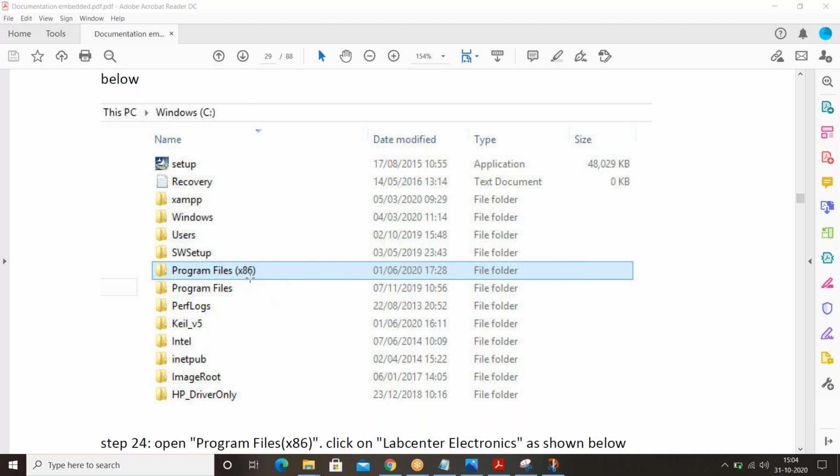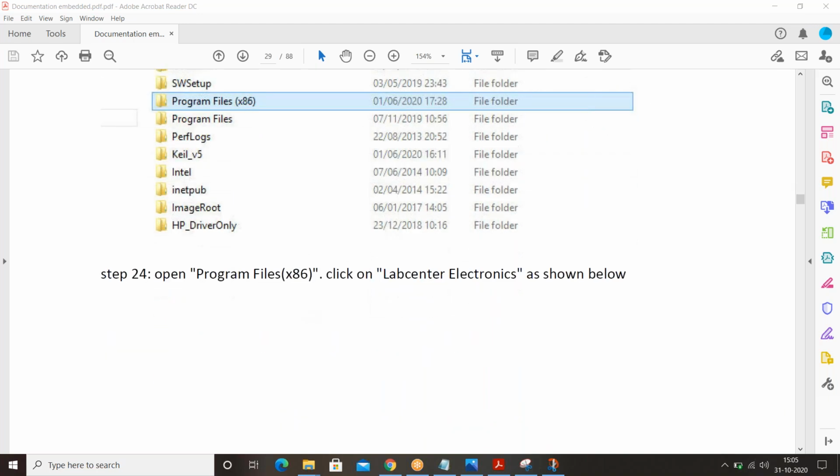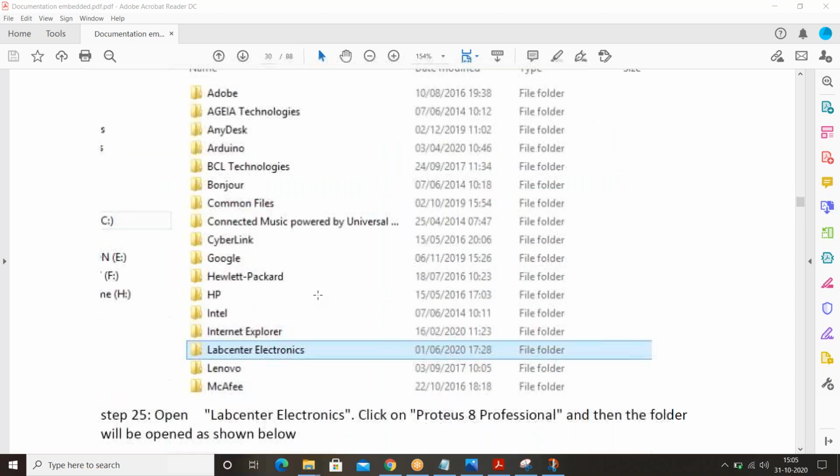There you'll get a Program Files x86 folder. Open that Program Files x86 and you'll get Lab Center Electronics.